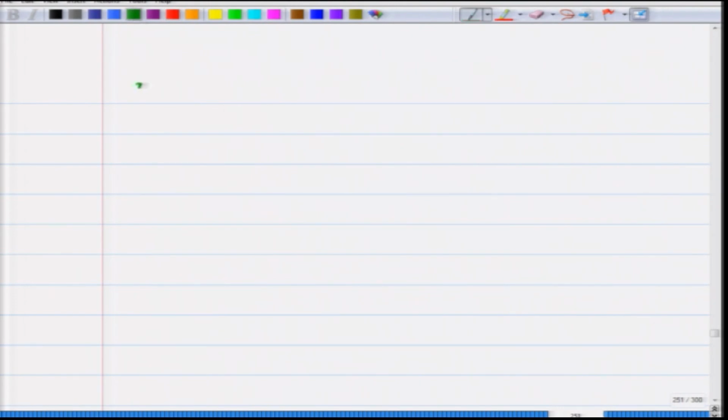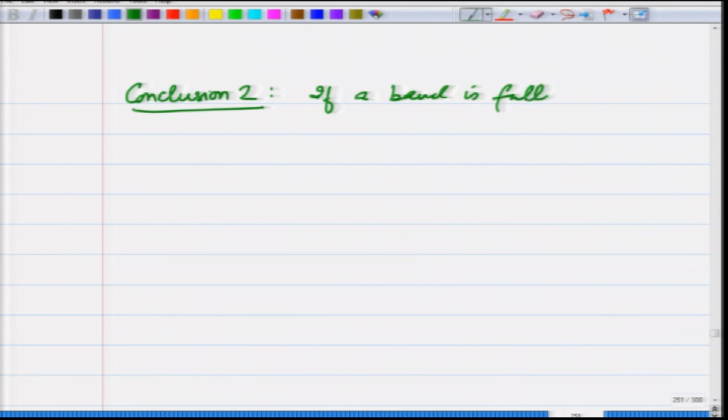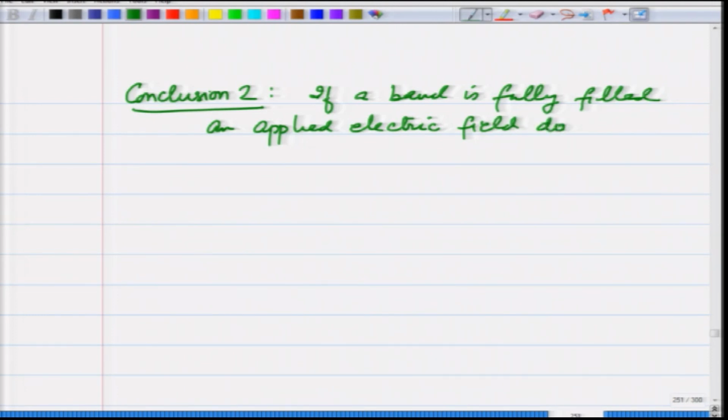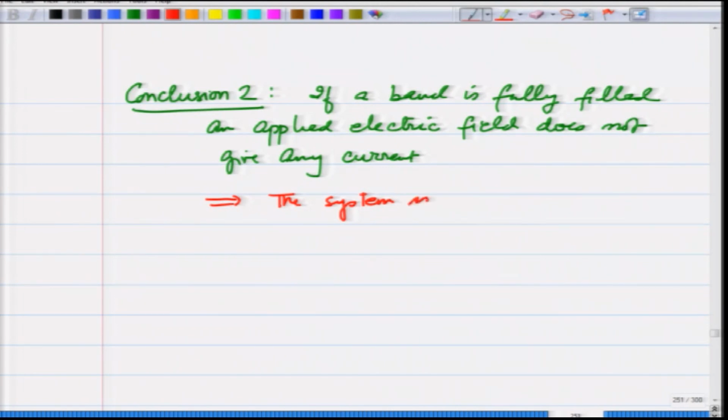So, conclusion 2. If a band is fully filled, then an applied electric field does not give any current, and this implies the system is an insulator. So, these are the two pictures that are emerging from the band theory, that if I have a fully filled band,